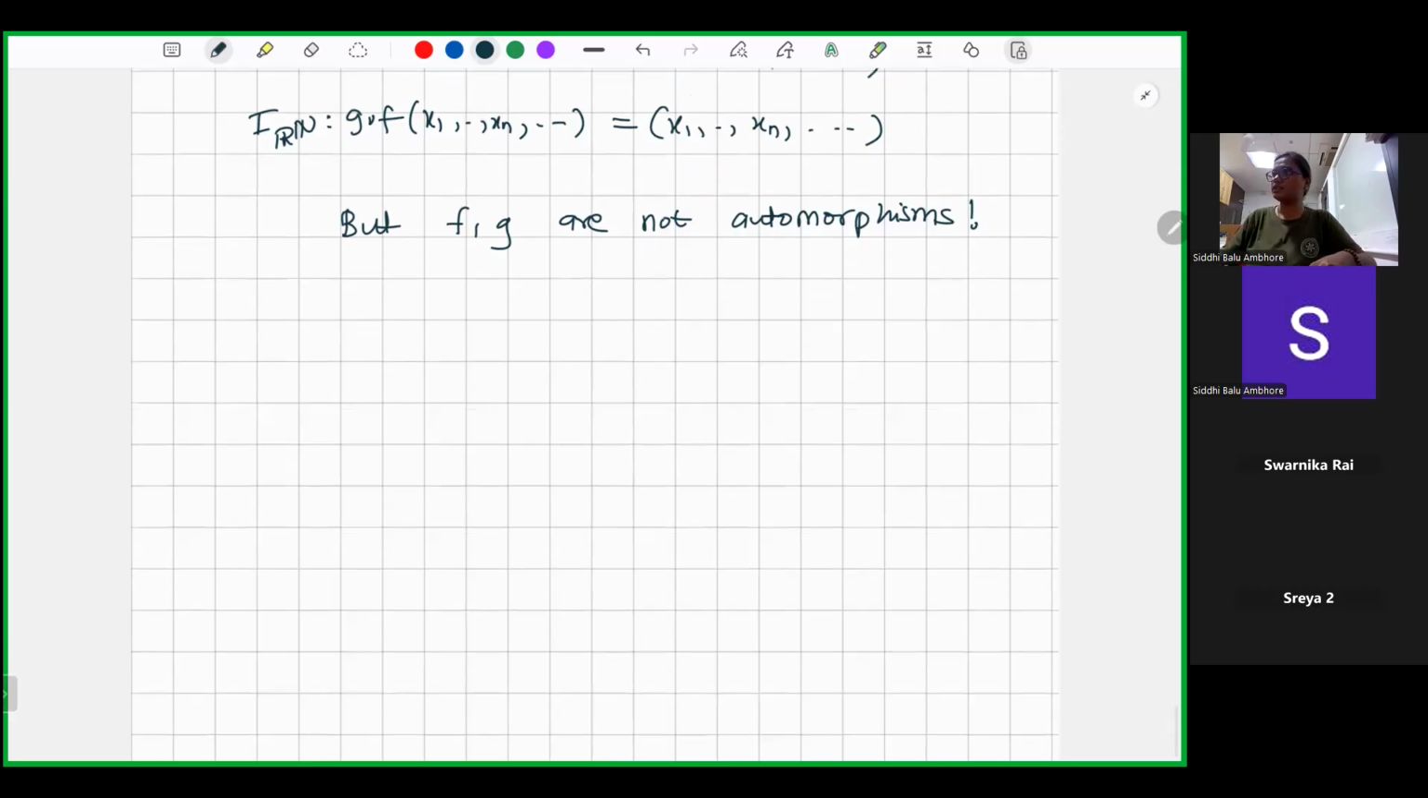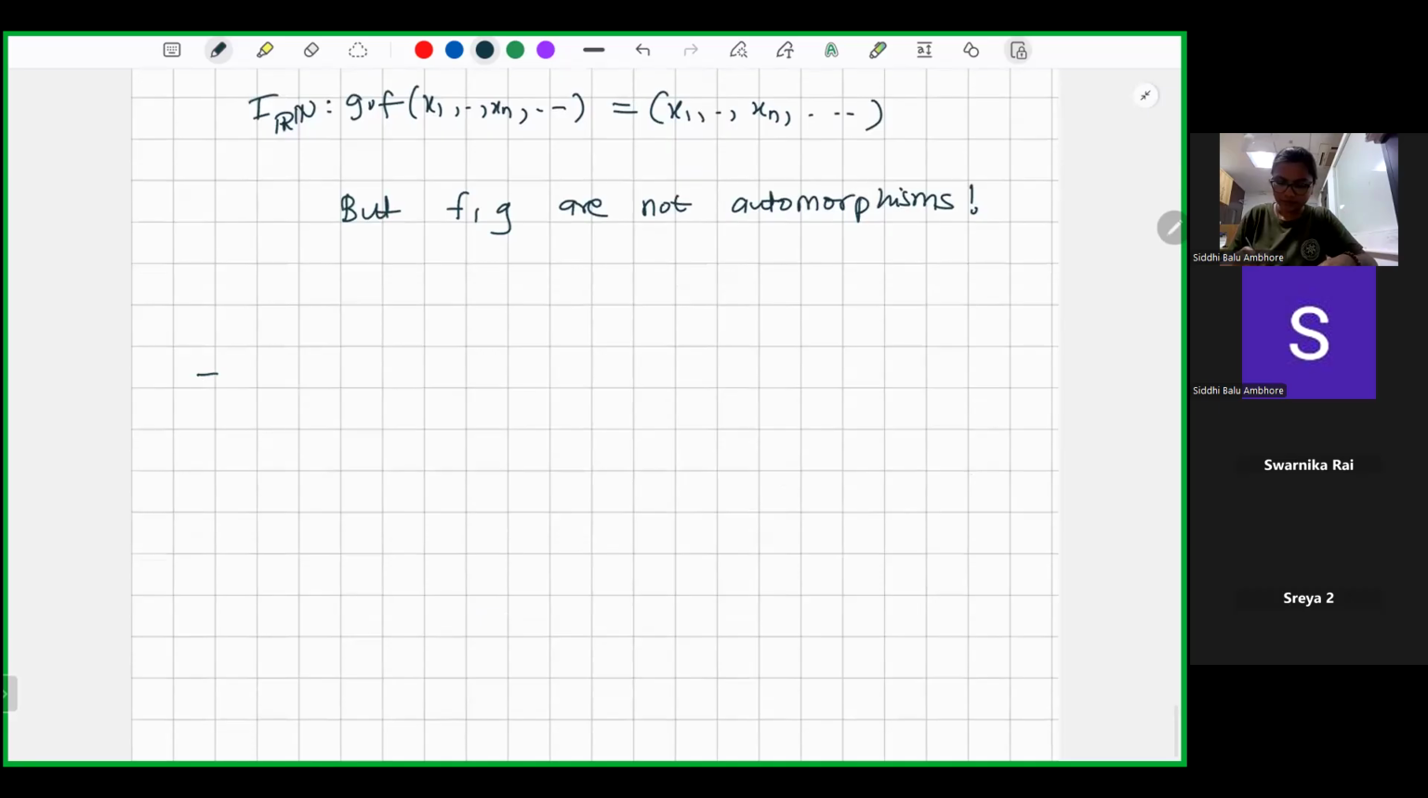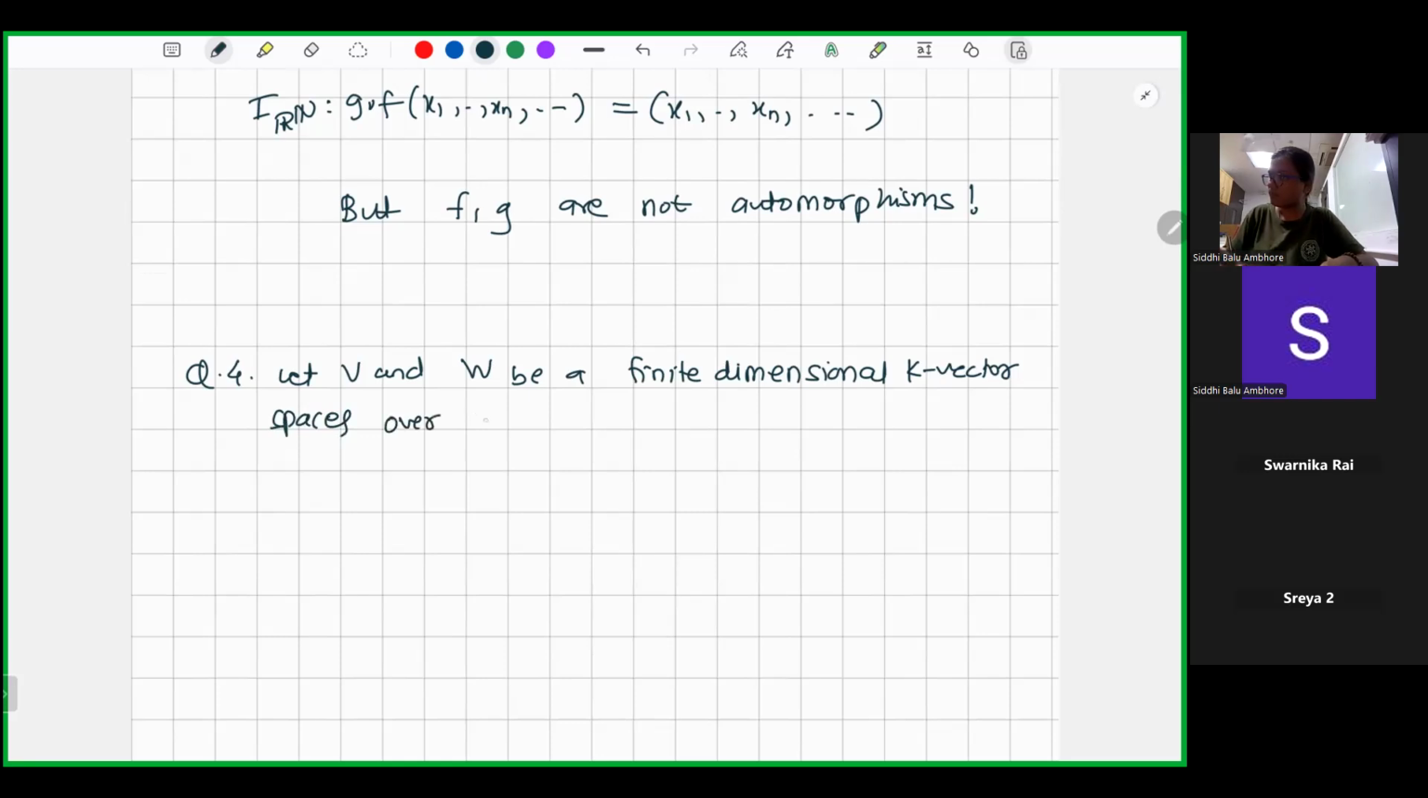Yes, this is easy. I think this is question 4 which we are doing. I will just give an idea. Let V and W be finite dimensional K vector spaces over a field K, then show that